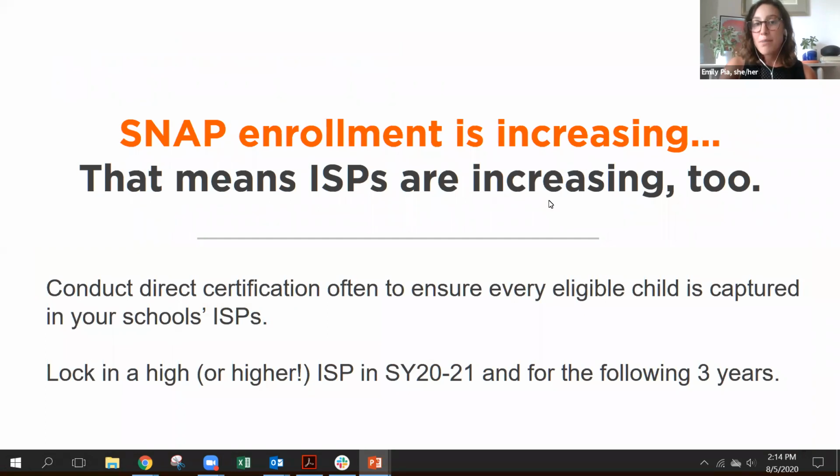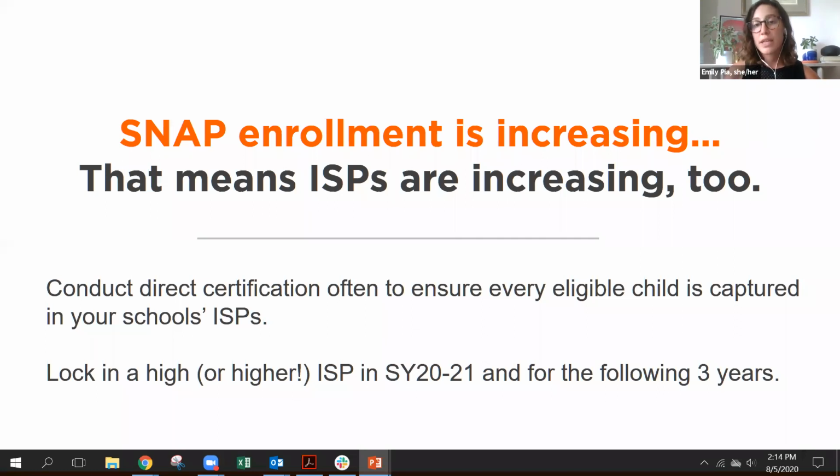I've mentioned SNAP enrollment is increasing in the 3 months from March through May. We've seen SNAP nationwide increase 17%, and so that is reflecting in many schools' ISPs this year. We encourage everyone to conduct direct certification often to ensure that every eligible child is captured in your school's ISPs. But for the purposes of electing CEP for this upcoming school year, the data has to be from March through June.